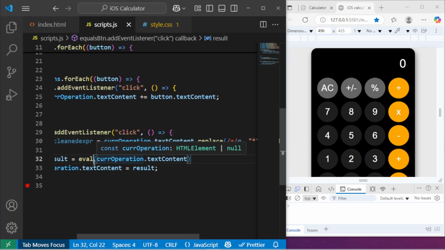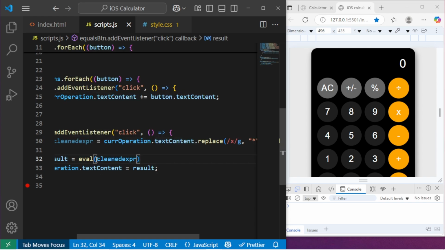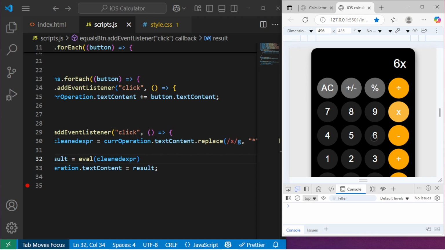So instead of saying eval bracket current operation dot text content, I'm now going to replace this with the cleaned expression. Okay, so now our multiplication sign should be working. So as you can see, now it's working. When I do division as well,